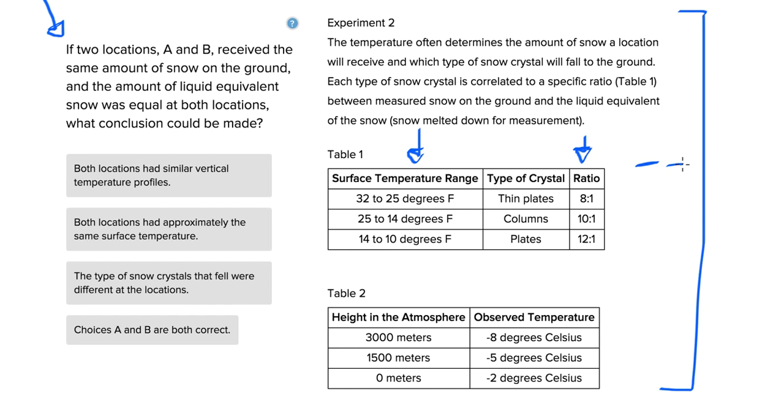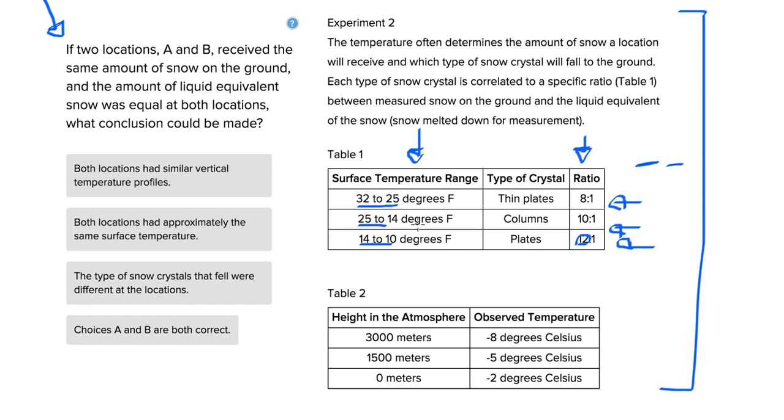The liquid equivalent of the precipitation on the ground has a ratio of, when the surface temperature is between 32 and 25 degrees, 8 to 1. When it's from 25 to 14, 10 to 1, and from 14 to 10, 12 to 1. So what we see is the colder it gets, the more liquid equivalent you have in the solid particles of